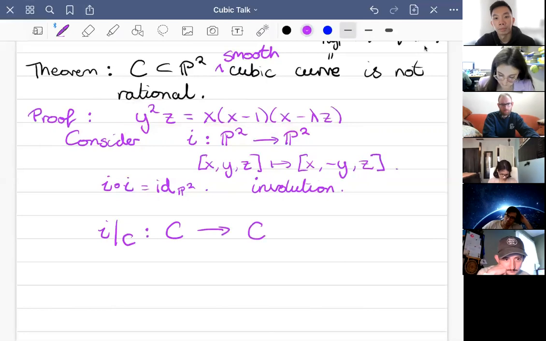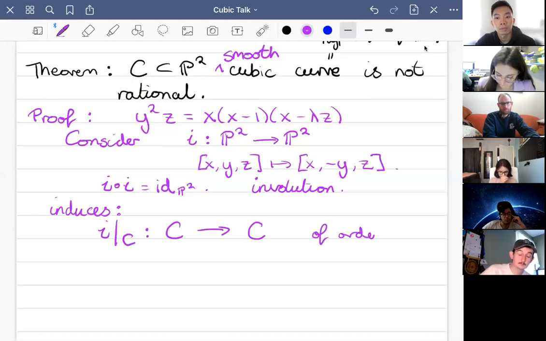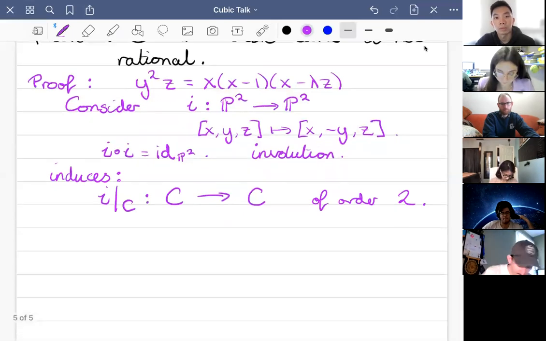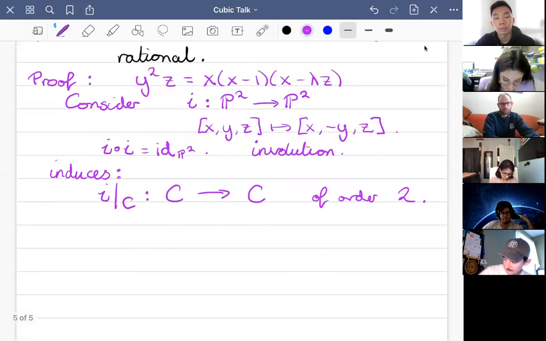So I get an involution, an induced involution. So it induces this map of order 2. Okay, so let's look at the fixed points. This map does have fixed points. Okay, so a point is going to be fixed